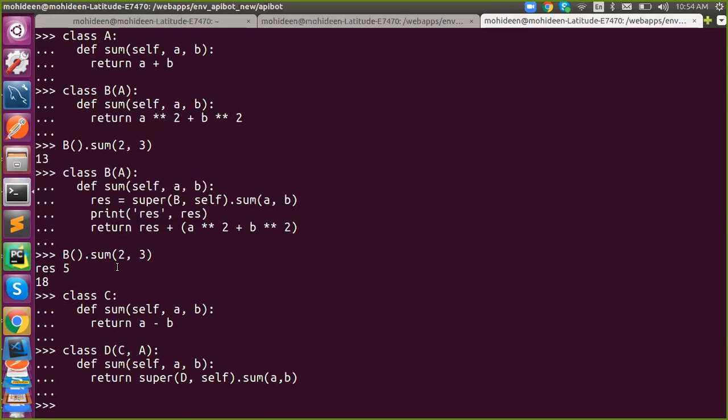So I'm just having three classes: A, C, and D. Both A and C are base classes, and D is the derived class. So what happened? This method will be overridden inside, but I'm using a super class. Got it? So what will be the result now? I would say 4, 5. In sum, I don't have any such operation, so this will take the precedence of either A or C.